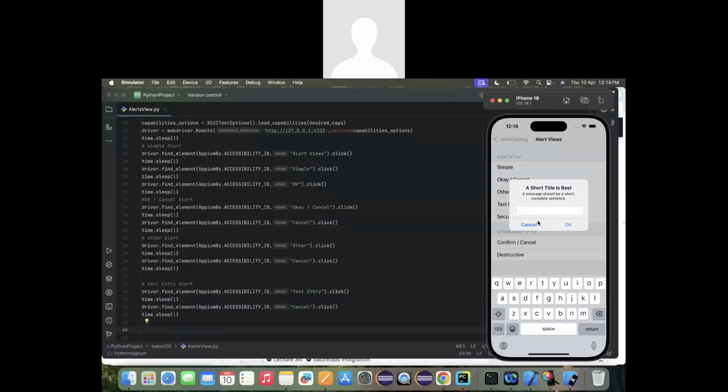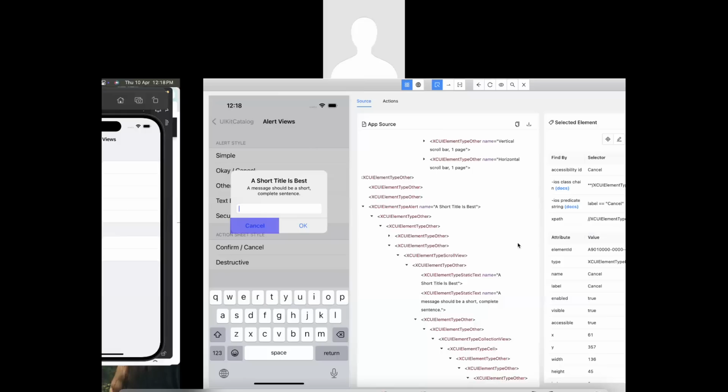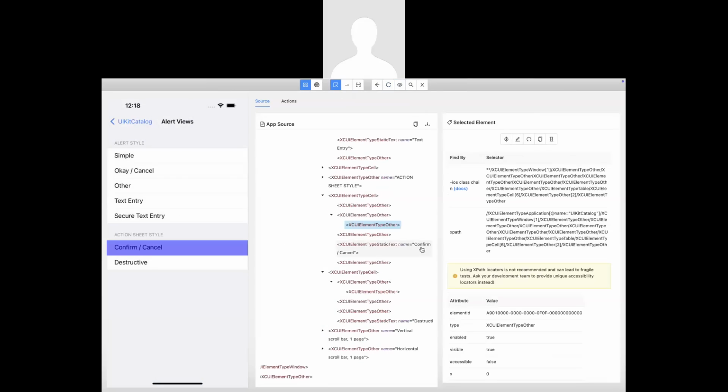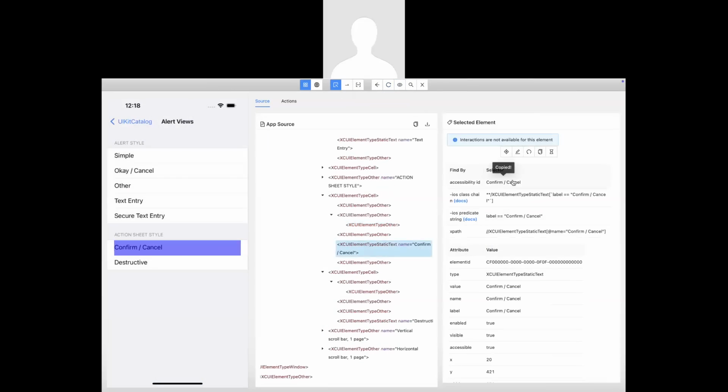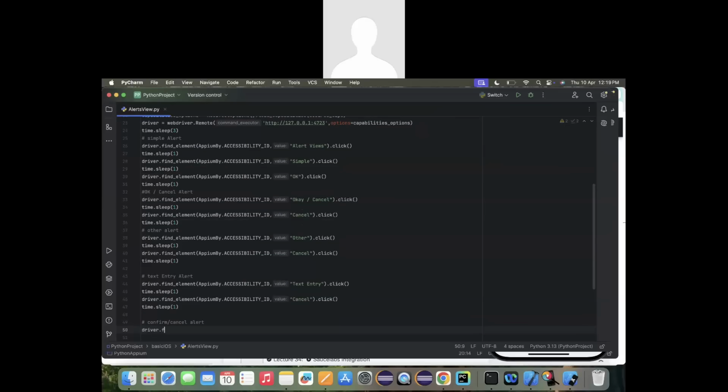After the text entry, there is a secure text entry. You can give it a try from your end. And now I'm writing down the code for confirm oblique cancel. Okay, I just want to write down the code for confirm oblique cancel. So here the alert is confirm oblique cancel alert. So driver dot find element